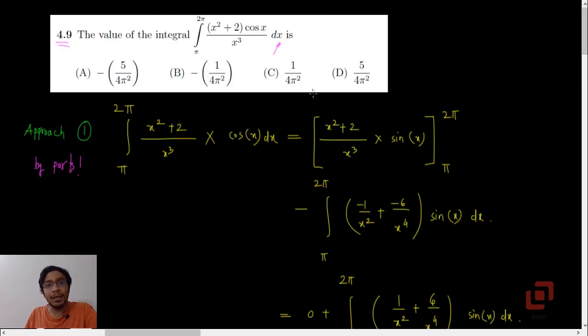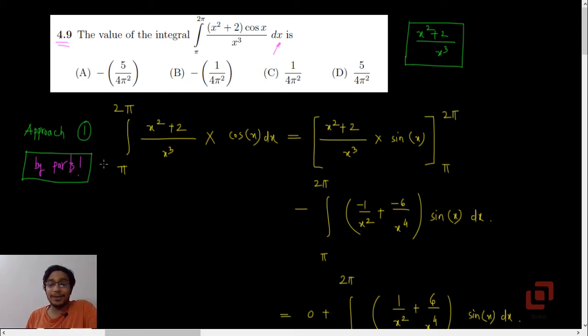Now if I directly tell you the solution, I think I'm not doing the right justice to this problem, because it requires you to not only use the technique of integration by parts, but also to observe carefully the rational function that is there, that is x squared plus 2 upon x cube. So it's only by trying out different approaches and finding out that they are not working that you will end up with the correct approach to the problem. So before we go to the solution of this problem, let me tell you the approaches that did not work.